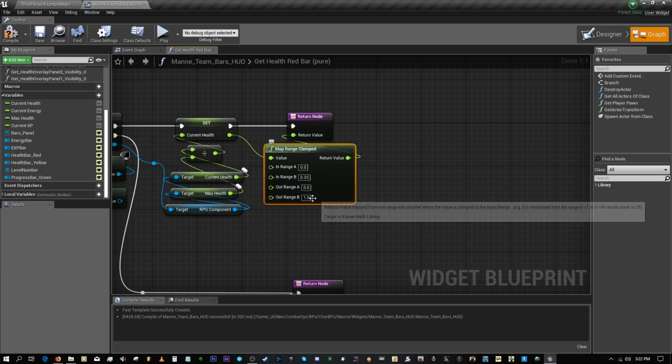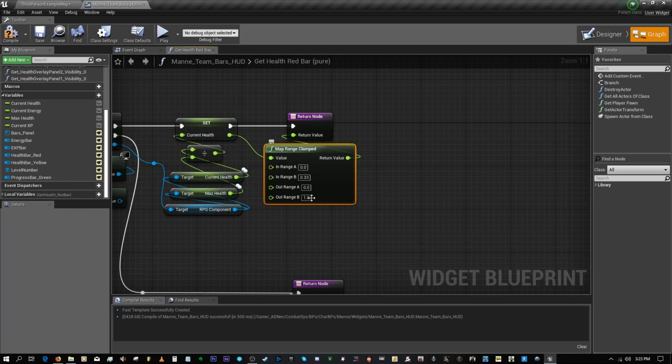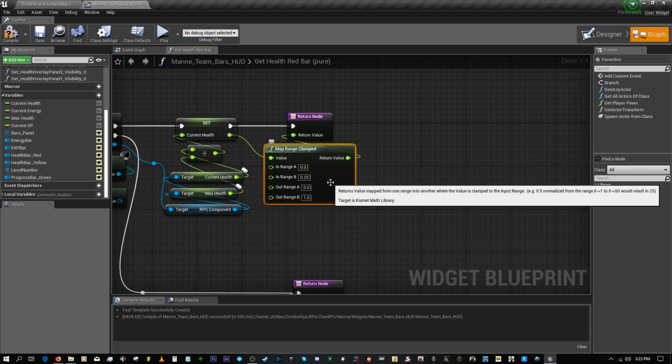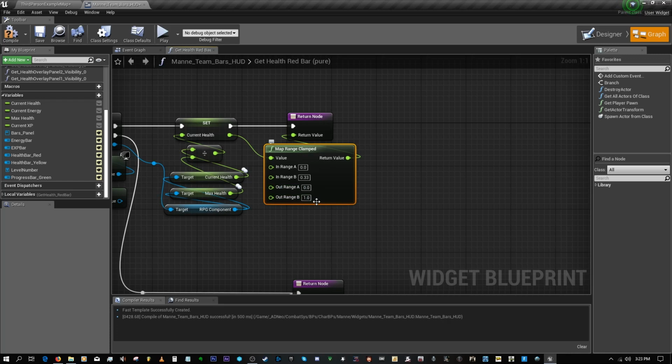The out range 0 to 1 is like the entirety of the bar, the progress bar. So if you say 0 to 0.5, they're going to fill up to 0.5% of that bar. So this is for what you actually see. Now, the minimum and maximum of what you see out here, I'm really seriously hoping this makes sense,